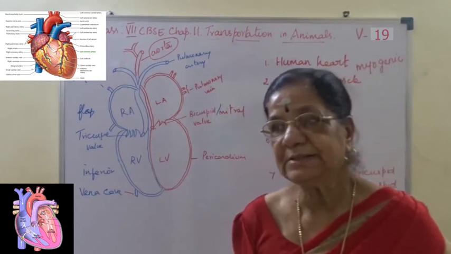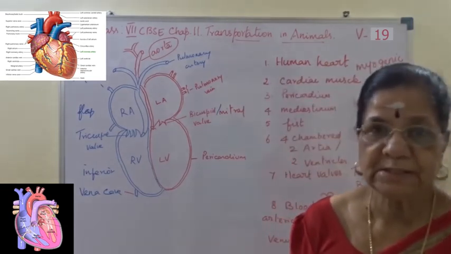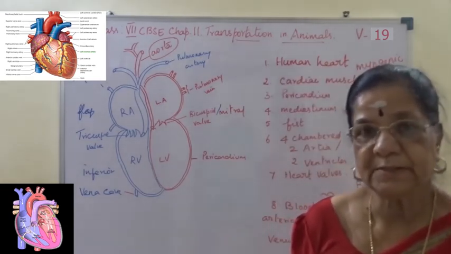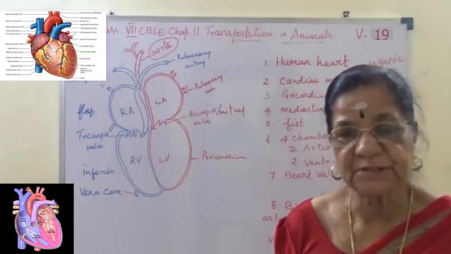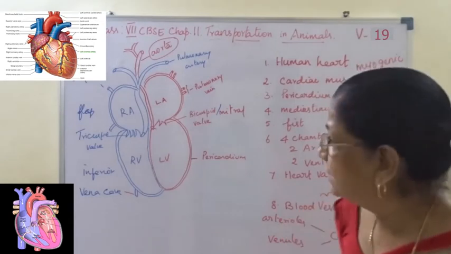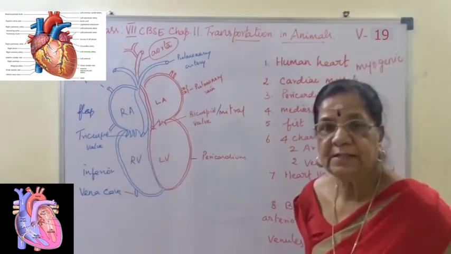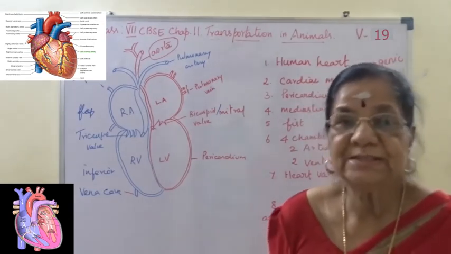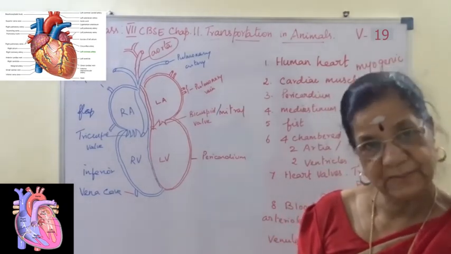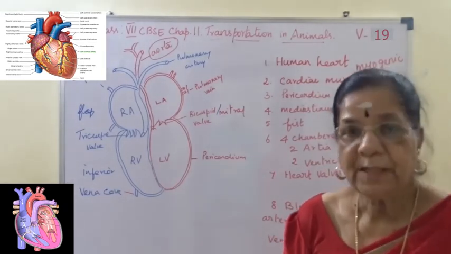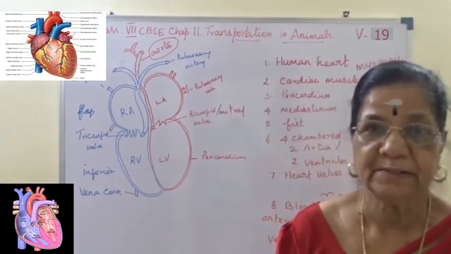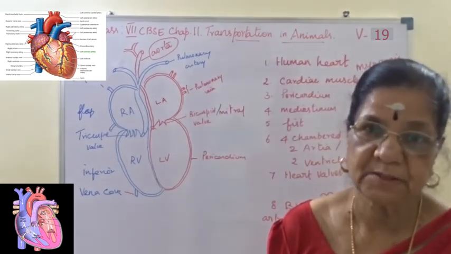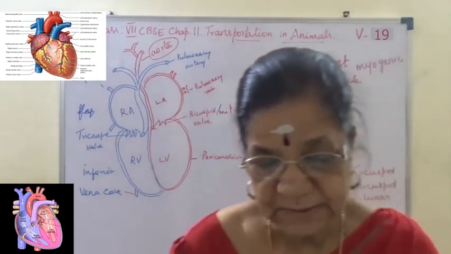Now we say arteries carry oxygenated blood and supply it to various parts of the body, but there is an exception. The pulmonary artery carries only deoxygenated blood. Same way, the pulmonary veins carry oxygenated blood. This is the exception. Okay, so now veins